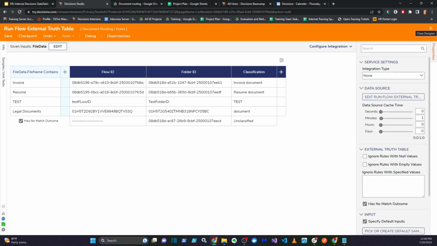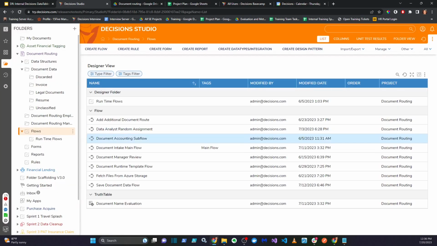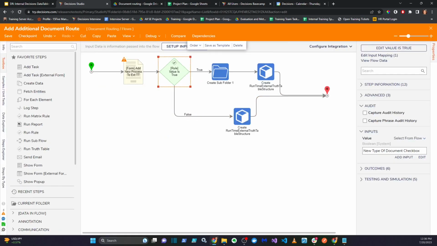So I have a dynamically scalable process. All right, so now let's go into the form and let's see how I built that specific add additional route. So we're going to go into the add additional document route so you can see what I've done here. So what I've done is, if the user creates the process here for a new type of document, then